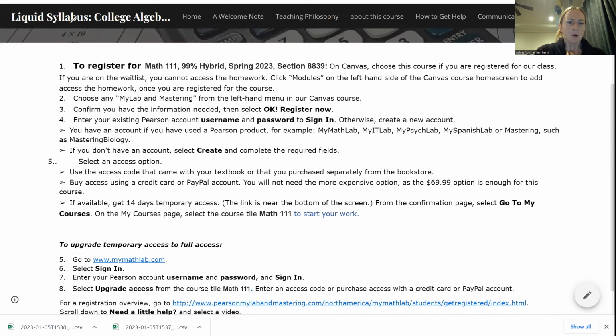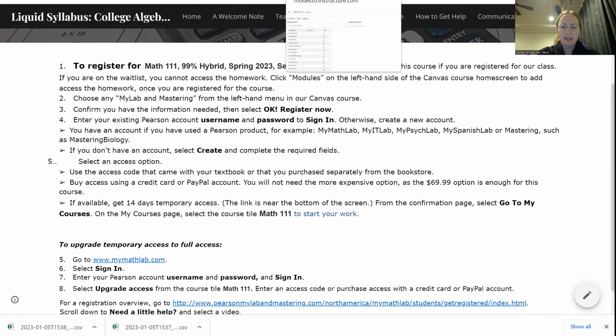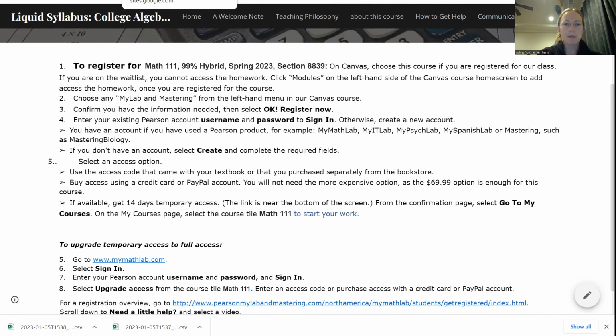So, okay, what does it say? It says, and this is the kind of confusing thing, because we took MyMathLab and Canvas and we integrated them. They're kind of combined into one. You wouldn't go to MyMathLab's website to register. So the very first time you're logging into MyMathLab, for this course anyway, don't go to MyMathLab's website. It's not going to work.